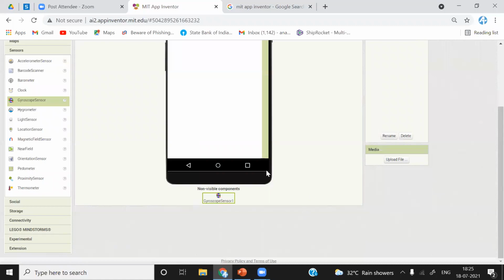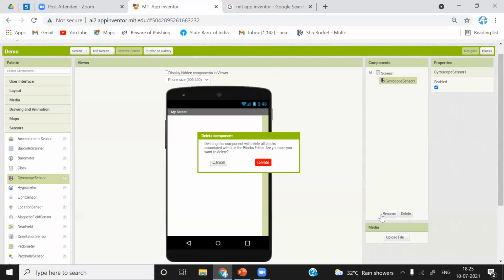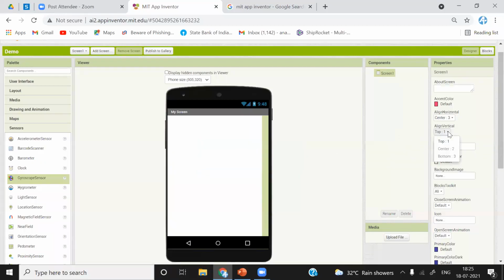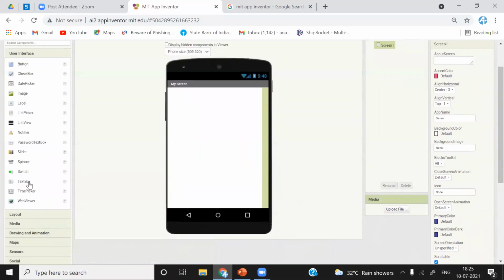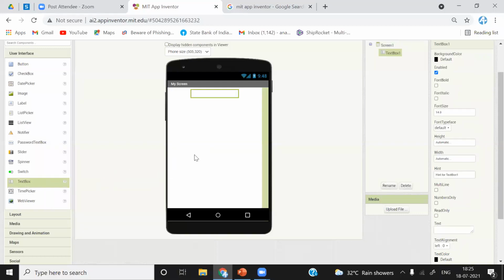Okay, what we will do now is quickly start with our first application. I'll just delete this. The first application is text to speech conversion. So I will take the text box.